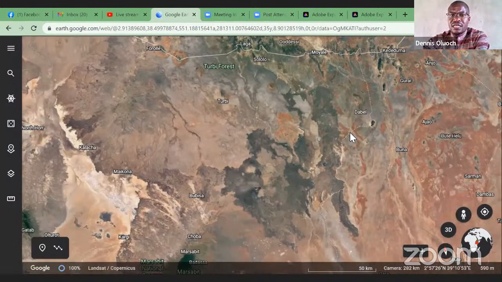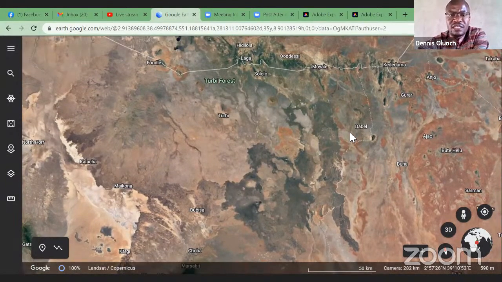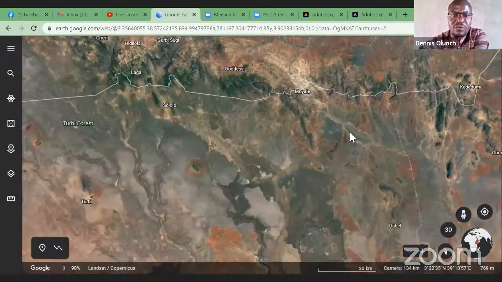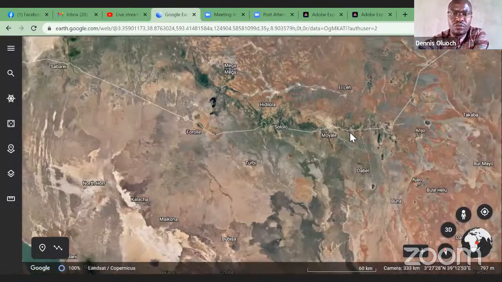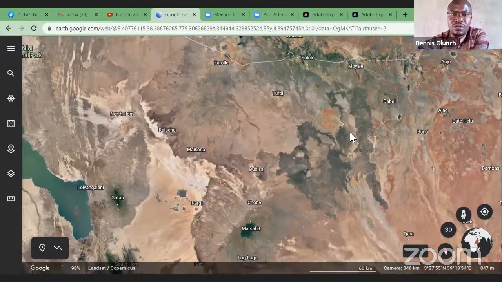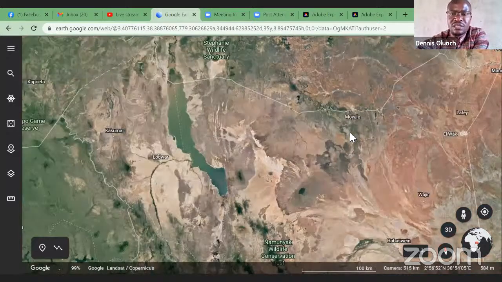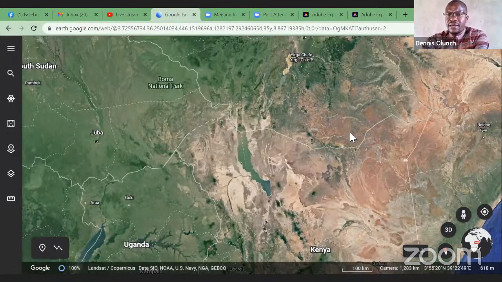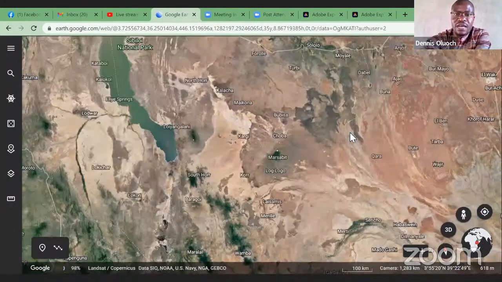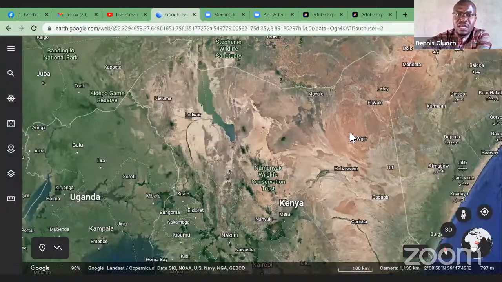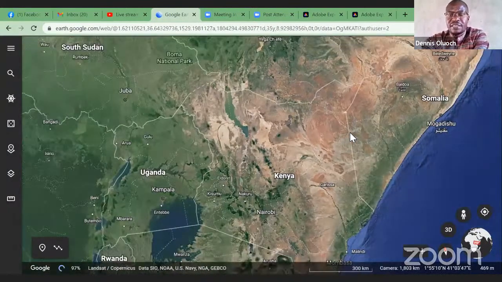I've been to Moyale myself, and I've seen that there are many things you can supply in Moyale. You can purchase shoes from Ethiopia. They do very good leather shoes, and you can bring them back, and you can take food items to the border.